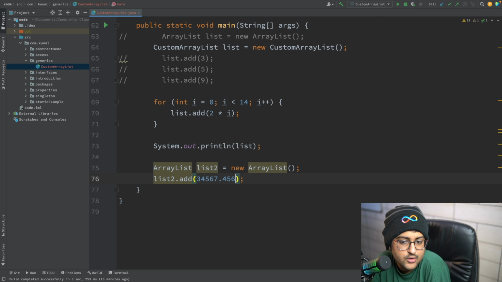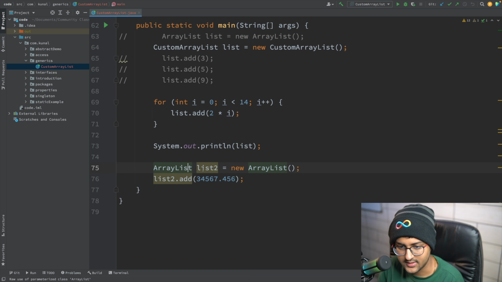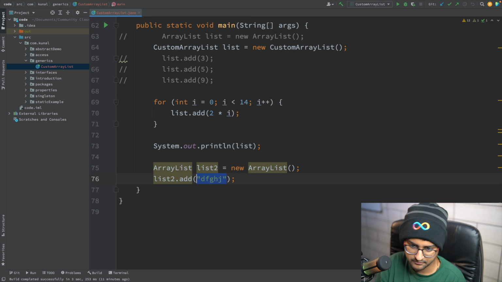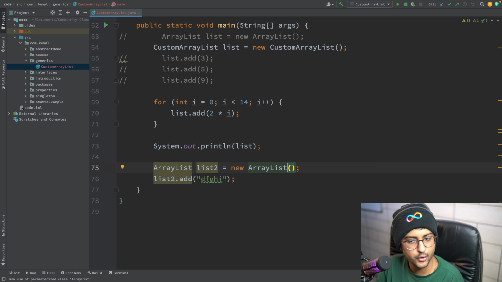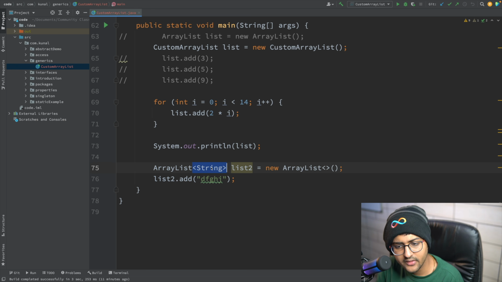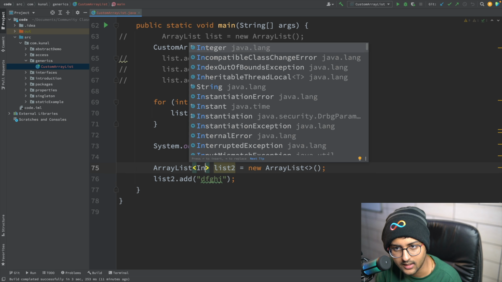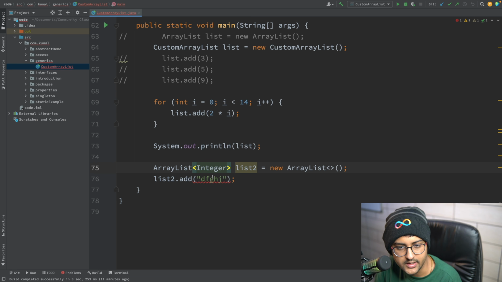But what if you just want the person to add a particular number only, a string only, a character only, or a boolean only? The type safety is missing. That is also helping. So if I just put the type safety over here, like I just showed you, if a string is available, then only string can be allowed. If an integer is available, then only integer will be allowed. You cannot add string or whatever.